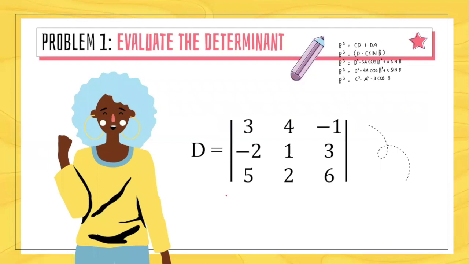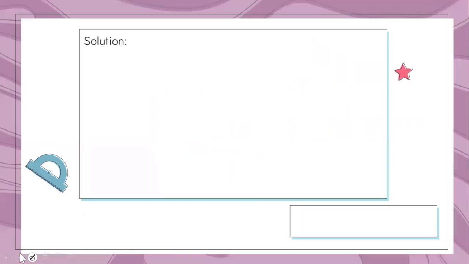So here in problem 1, we are given a 3 by 3 matrix. Evaluate the given determinant. So first, we must locate our pivot, which is 1. Here in the matrix, our pivot is located in row 2, column 2. So step 2 would be to cross out the pivot's row and column. We call it the pivotal row and column. Then after that,